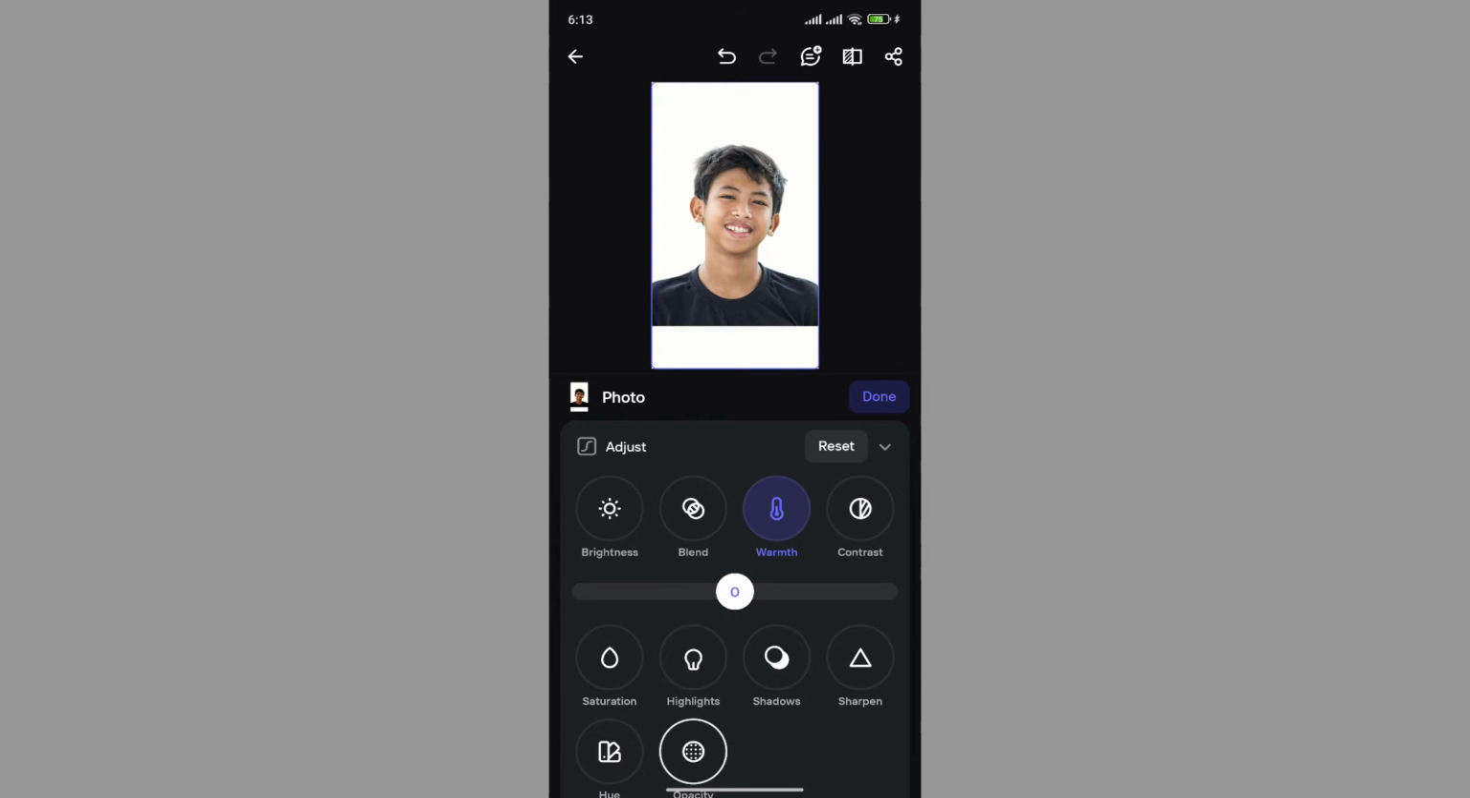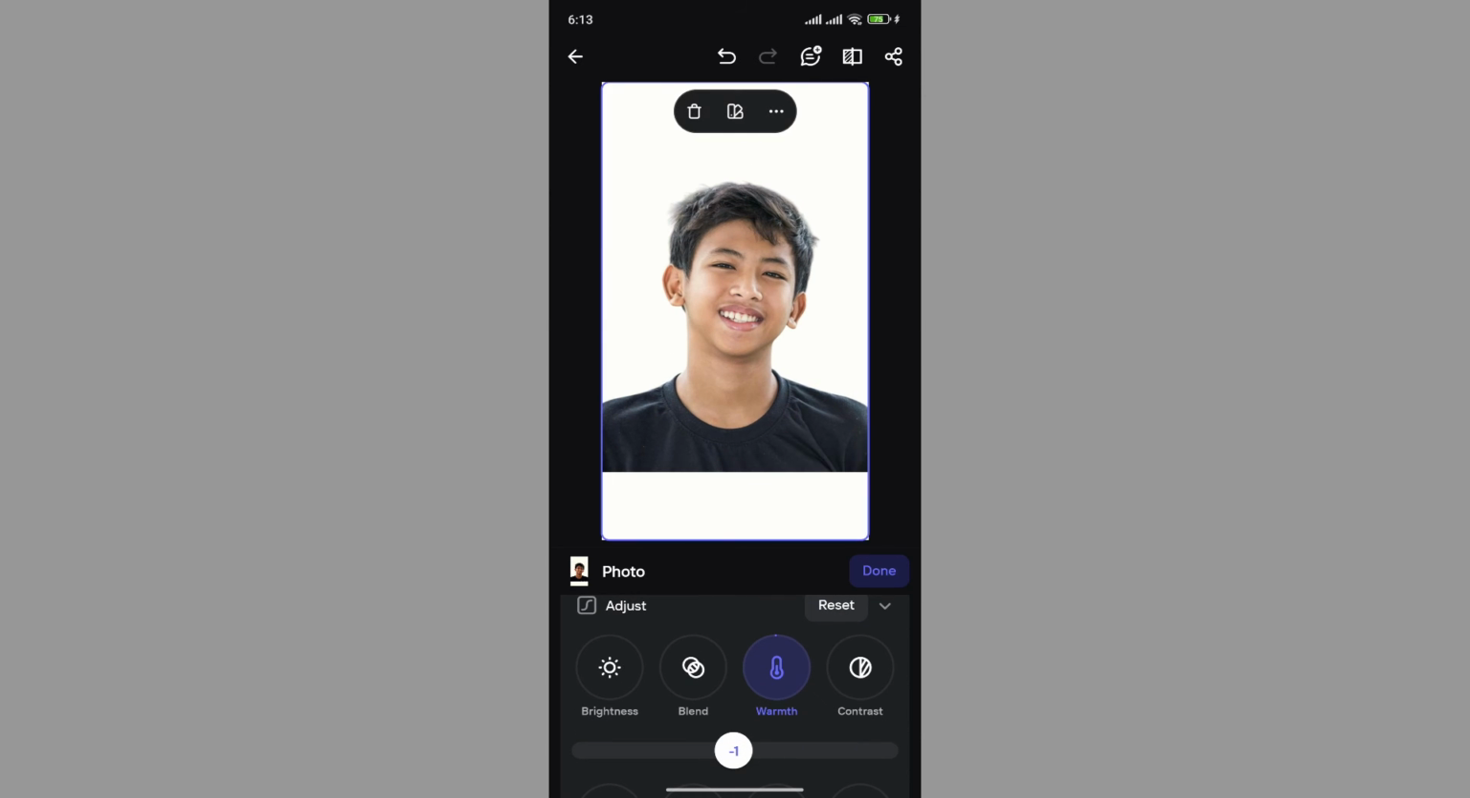So here you'll get a slider. Now you can adjust the slider however you like. So this will increase and decrease the warmth of the picture. So as you can see, there are different changes in the picture. At last, simply tap on done